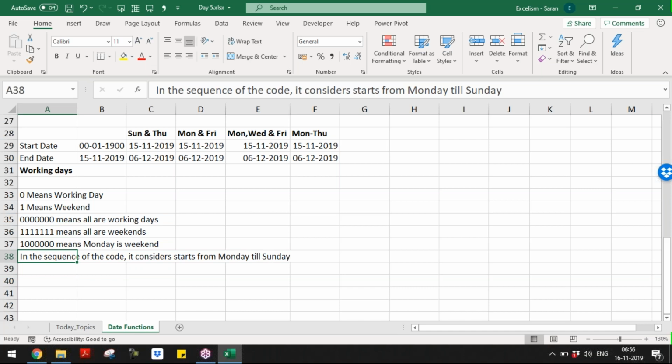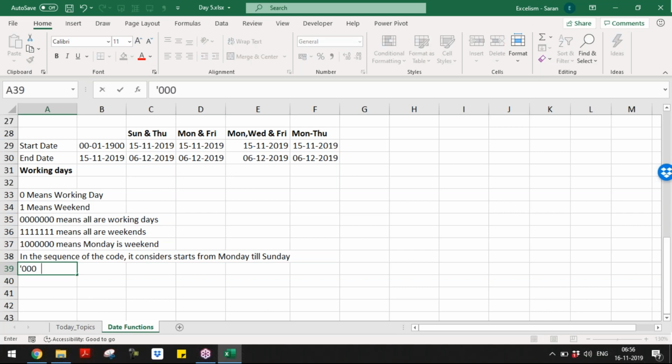Excel has customized it and given it as a workaround. You have to understand: when it takes 7 values, it must be starting from Monday till Sunday. Can you tell me what is the meaning of it? What is the meaning of it? It means Thursday and Sunday are the weekends.